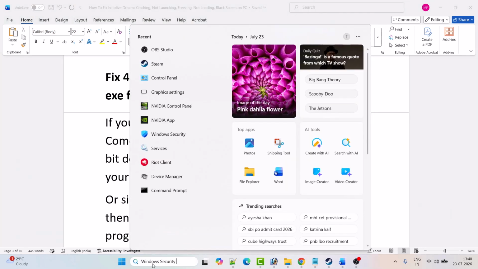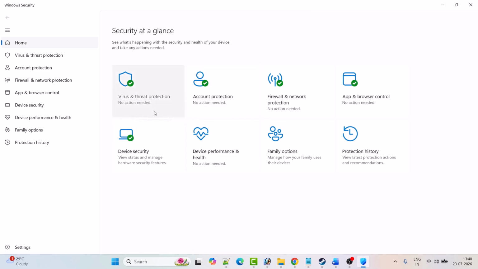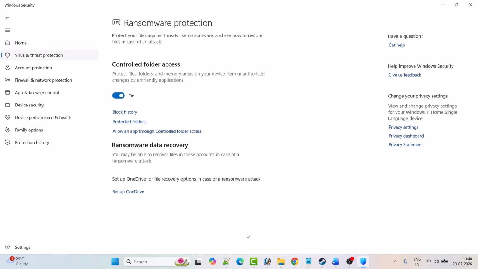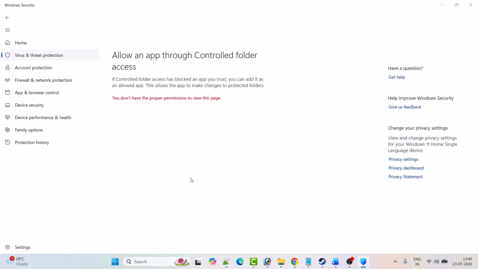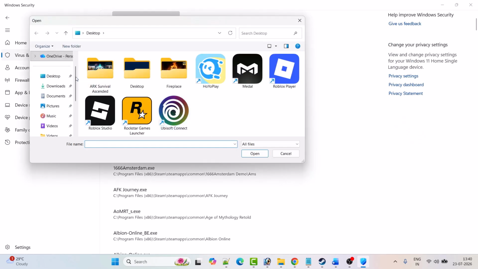Fix for Windows security users, allow the game exe file through controlled folder access and firewall. So in Windows search type Windows security and open Windows security. Click on virus and threat protection. Scroll down, click on manage ransomware protection. Click on allow an app through controlled folder access. Click yes to allow. Click on add an allowed app, browse all apps and then browse to the game installation